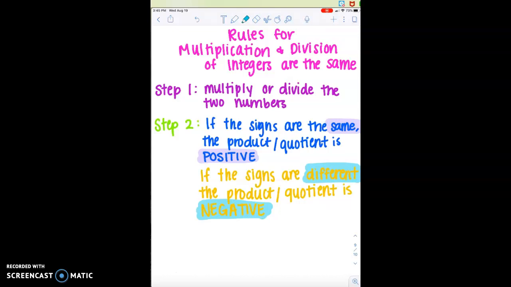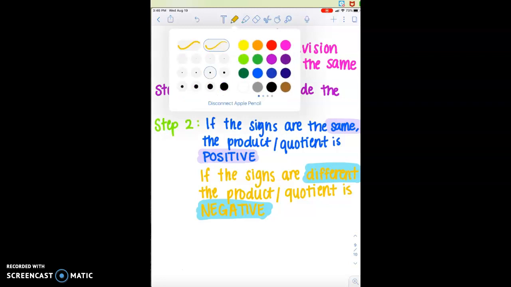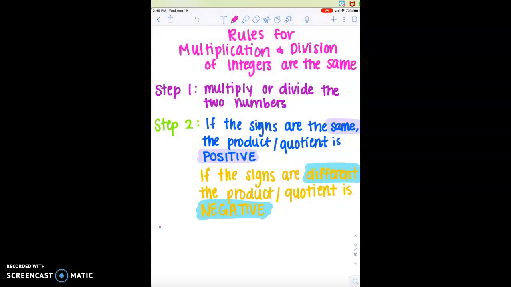I'm going to work out some example problems and just watch and see how I follow those rules. I'm not going to really walk you through them because I think they're self-explanatory. And then once those are